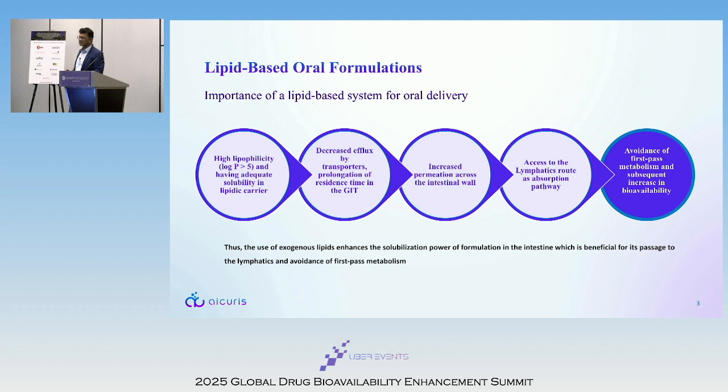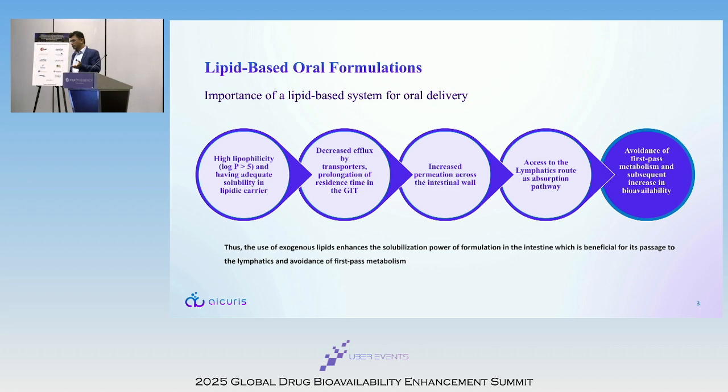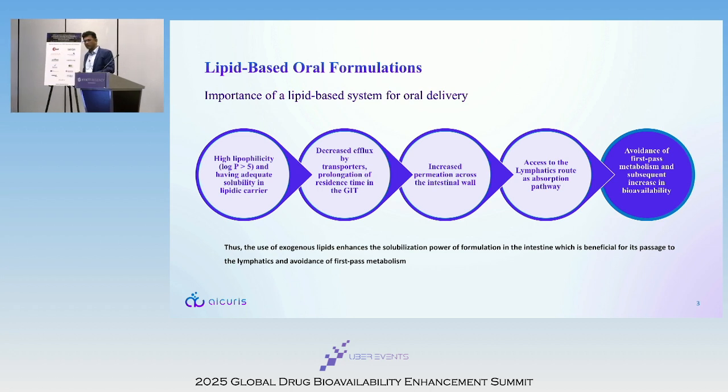So these drugs are quite poorly water soluble, often quite lipophilic. So the question is, which technology is best suited to increase the bioavailability? When we look at lipid-based formulations, we have a chance to solubilize drugs having a high log-P. There's also a chance to decrease the efflux by transporters. We had a chance to work with a cyclophilin inhibitor where we had a PGP efflux. There is also a chance to increase the permeability, typically if you have a BCS class 4 drug.